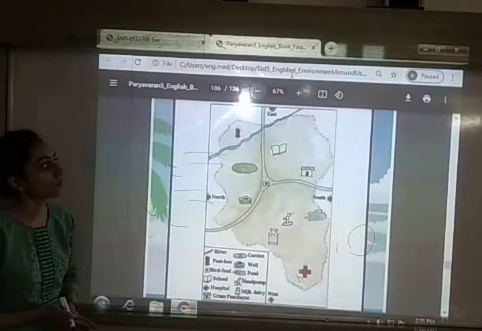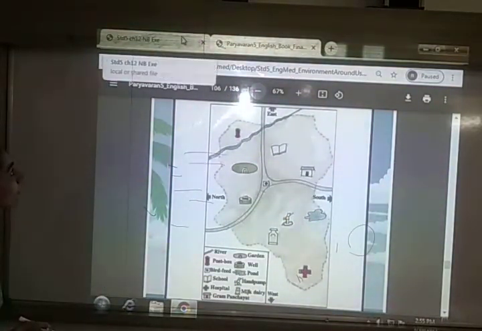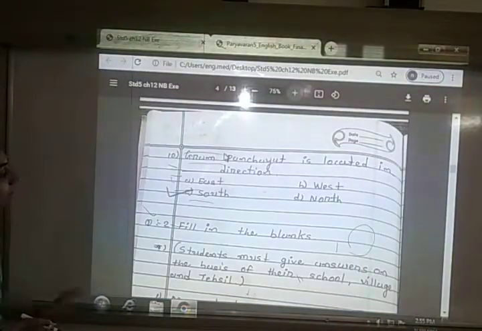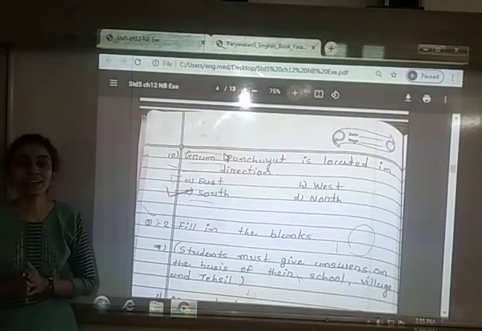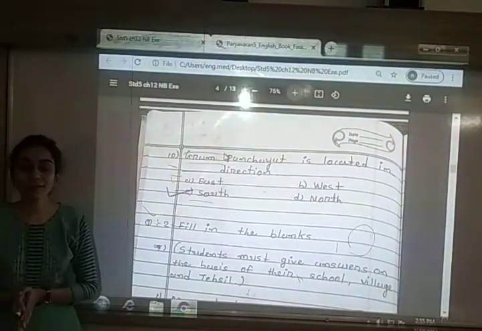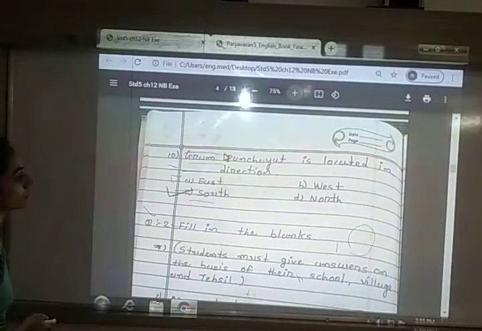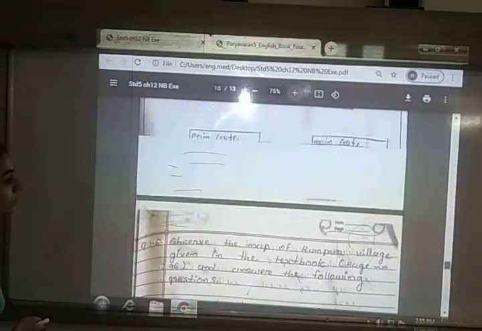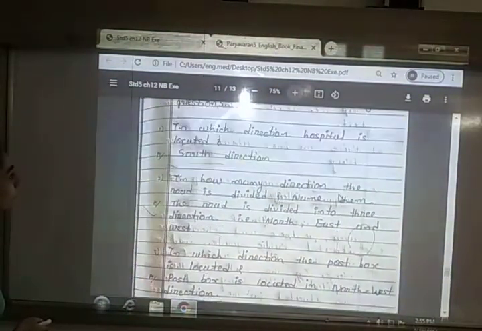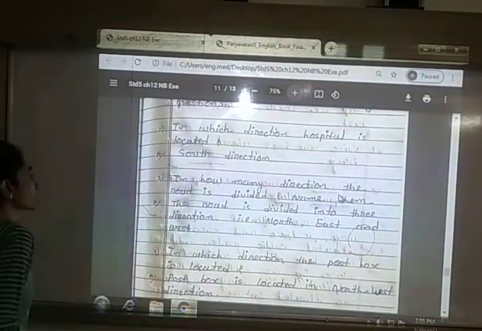And if you go by the map which is given in your textbook, then your answer will be east. So keep in mind that the map or the picture of the map will be provided to you, and from that you have to make the answer. From now onwards we will consider the map which is given in your textbook. The location of the hospital we had seen is in the south direction. Now next, the second question.